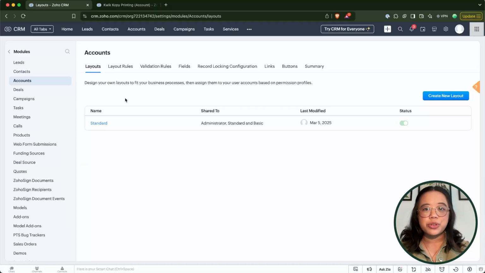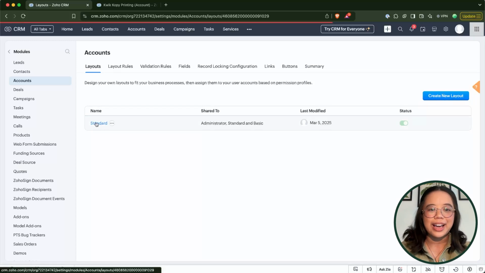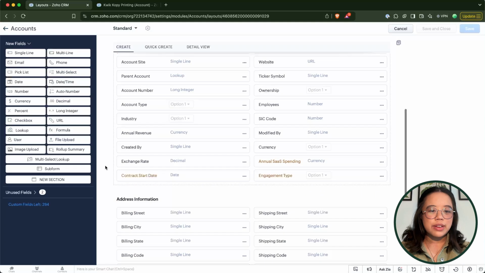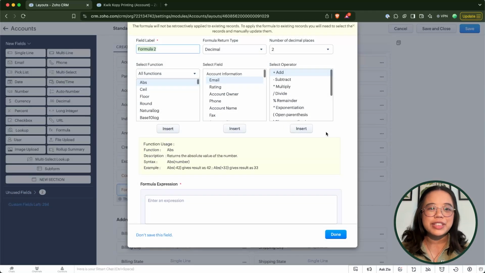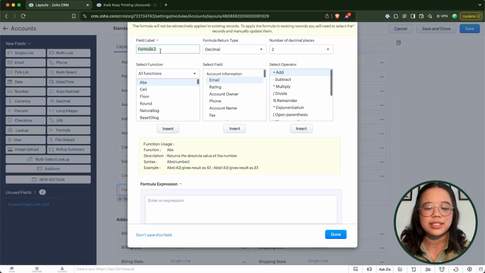Pivoting back over into the modules and fields section, I have the account module selected, and I will then select the layout in which I would like to add the field. So if we scroll down a little bit here, we can see that contract start date, which is a date field. And what I'll do here is add in a formula field. Now you'll have the formula builder populate on your screen. And so I always like to start with labeling the field just so I can remember what calculation I'll be making. So in this instance, I will title it as renewal date, but I actually might just label this as